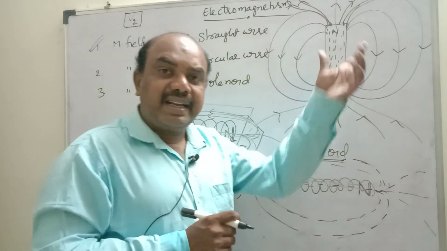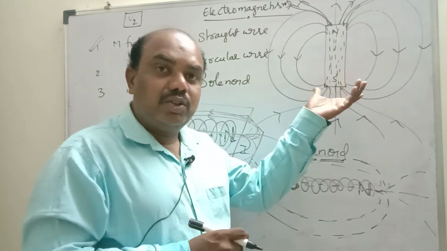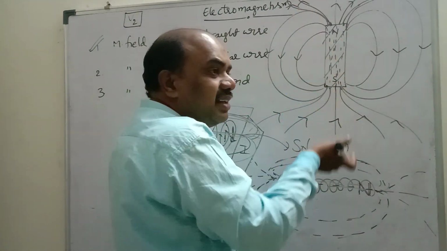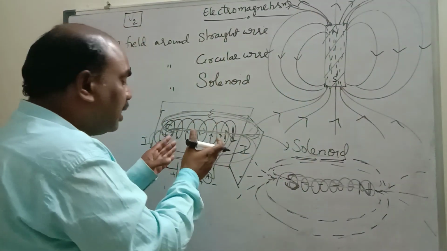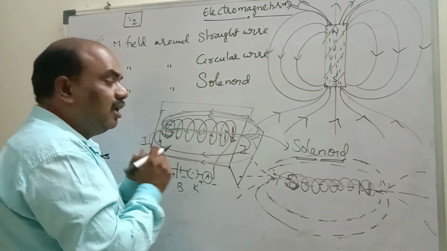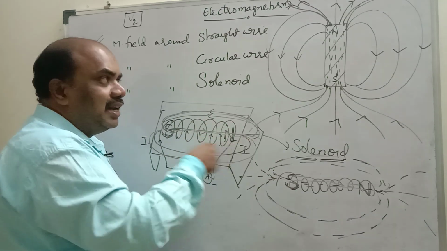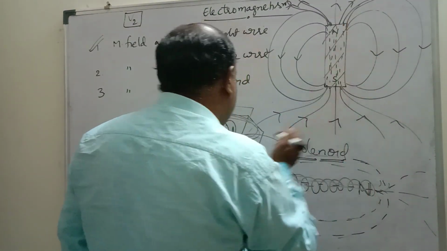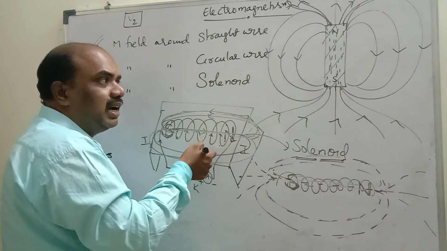With the help of a bar magnet we cannot say magnetic lines are closed loops. Why? Because it is completely solid. How do you know that magnetic lines are present inside? So we make an artificial bar magnet with the help of electricity. This is called a solenoid. If you sprinkle iron filings, here the iron filings are aligned only outside. Inside we cannot see. Here alignment happens both inside and outside.